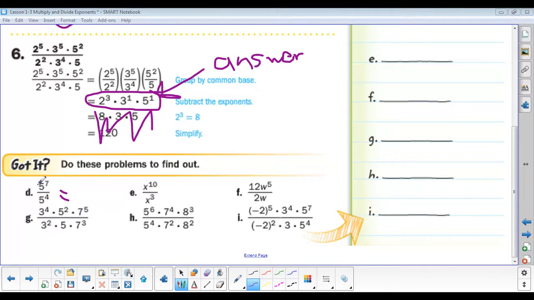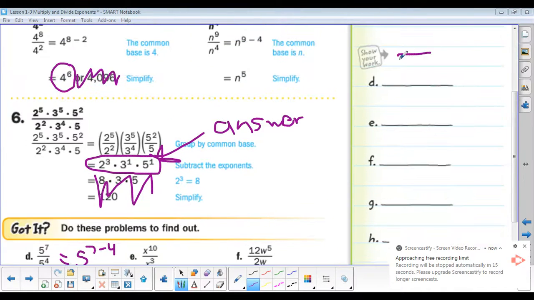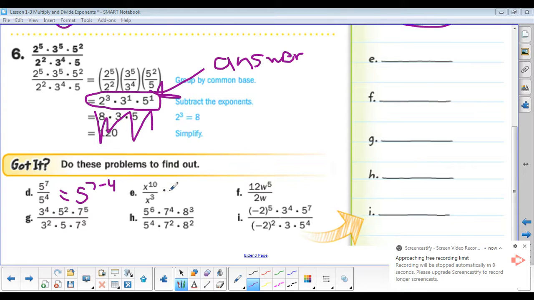So for example, in part D, our base is 5. What are we doing with it? Since it's division, we're going to subtract the exponents, 7 minus 4. And it's always the exponent of the numerator minus the exponent of the denominator. That gives us 5 to the 3rd. That's the answer. I don't need you to give me 125. It's too much work. Here, our base is x. It's 10 minus 3. That gives us